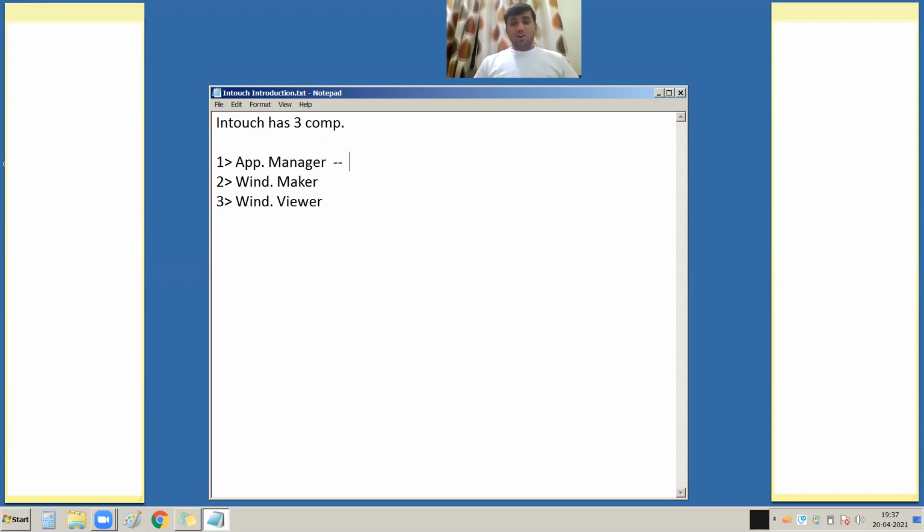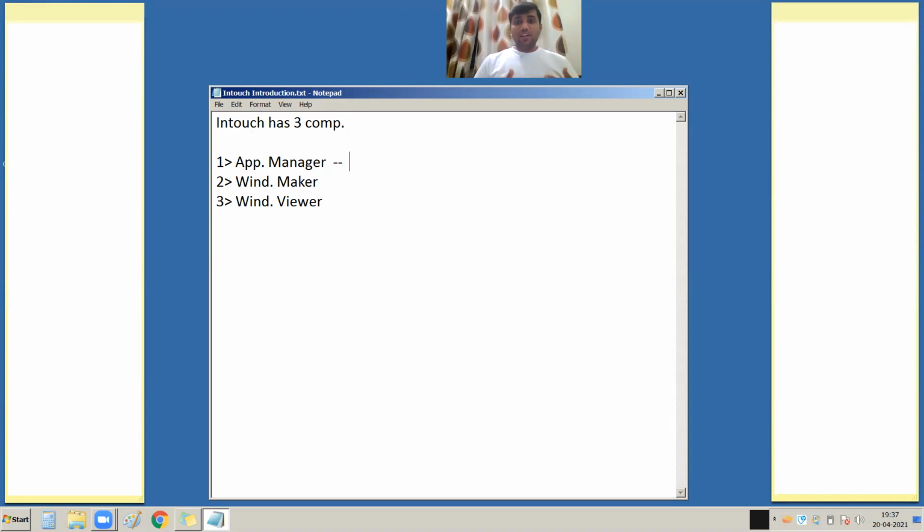Application Manager consists of all your projects. That means there are a number of projects you are developing, and all of them are listed in the Application Manager. Suppose you want to open the third project.